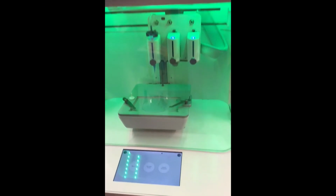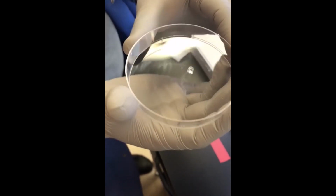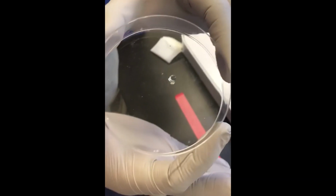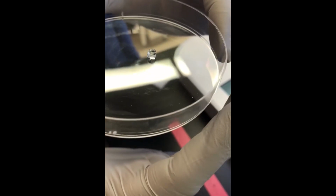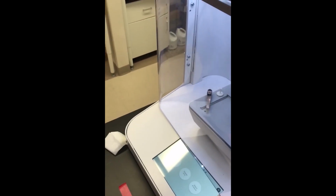We can press done, and then we can pull it out so you all can see it a little bit better. So you can see that it does have a 3D structure. I can move it around. The Cell Ink Start is not a very viscous, yeah, it's not a very viscous